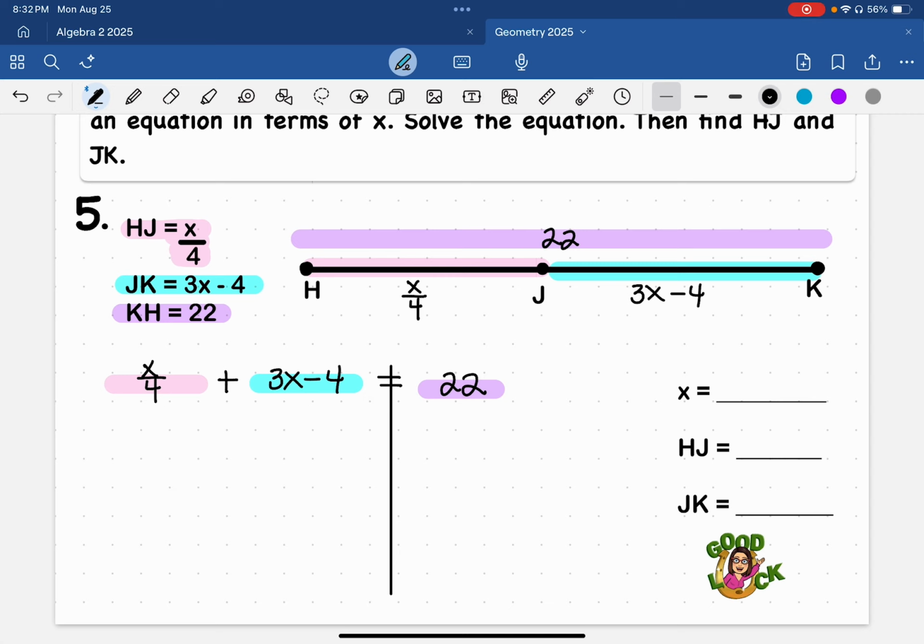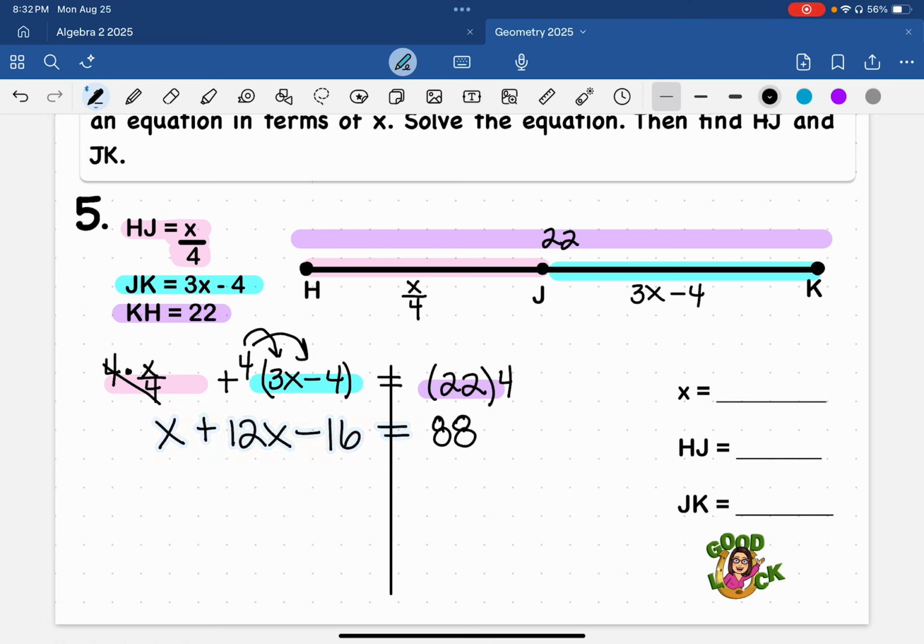Now mine is a little bit tricky because I do have this fraction here in the pink part, and I don't like fractions. So I'm going to go ahead and multiply this by 4, giving me just simply x. If that is what I choose to do, then I must multiply the blue part by 4, and I must multiply the purple part by 4 as well. Notice here in the blue part, I do have to distribute. So that's going to give me 12x minus 16. And then here I'm just simply multiplying 22 times 4,